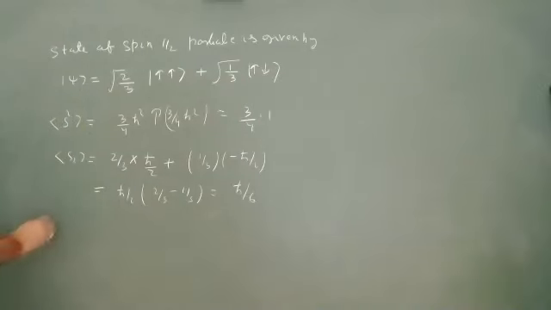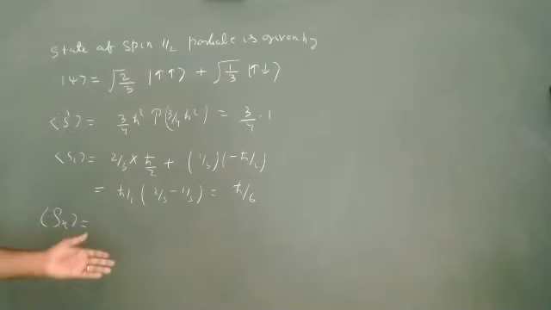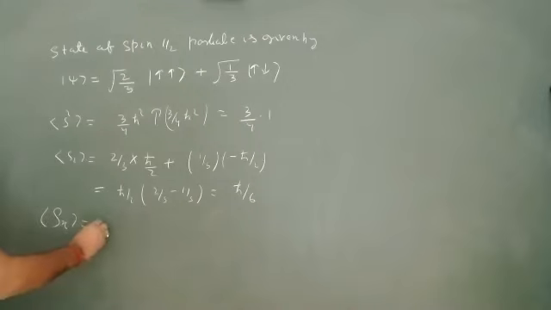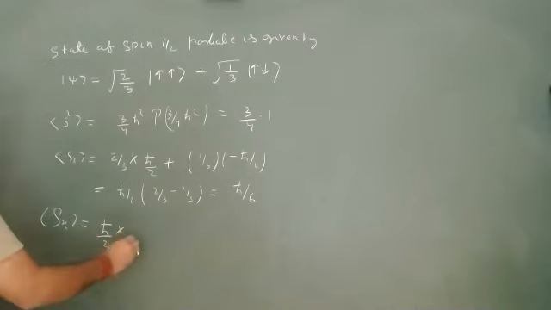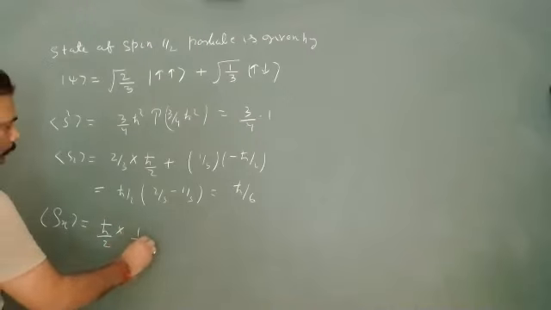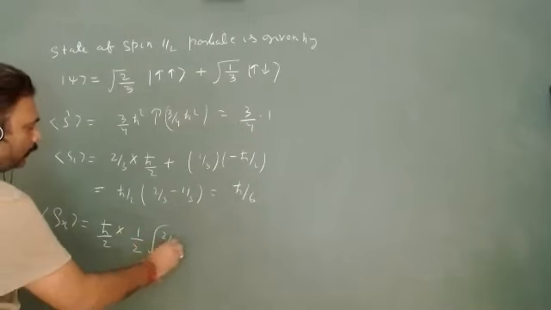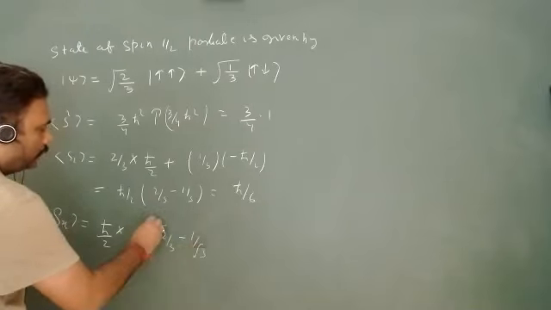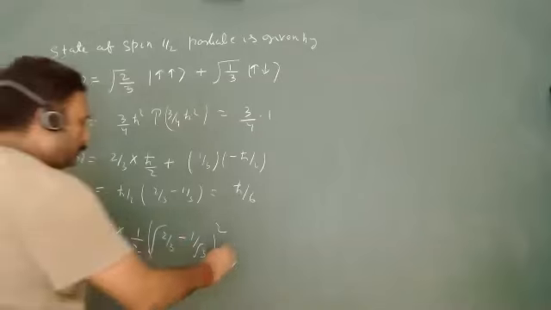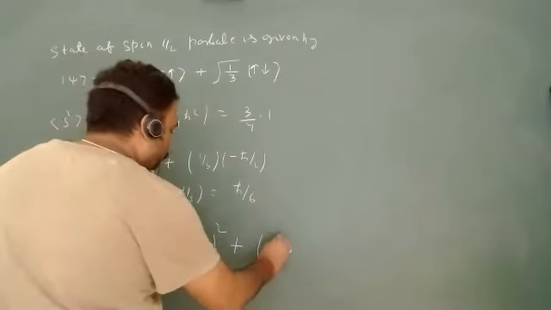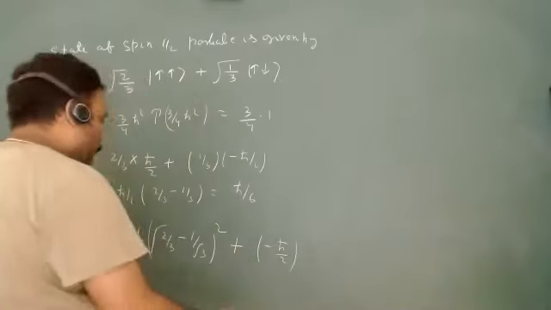And similarly, you can get the expectation value of Sx, and you can do that in two different ways, either in a matrix form or in this form. We can get the expectation value of Sx in another way also. We will just figure it out. So what will be the probability? This will be ħ/2 into 1/2, root 2/3 minus 1/3 mod square, or whole square, plus minus ħ/2, and you have